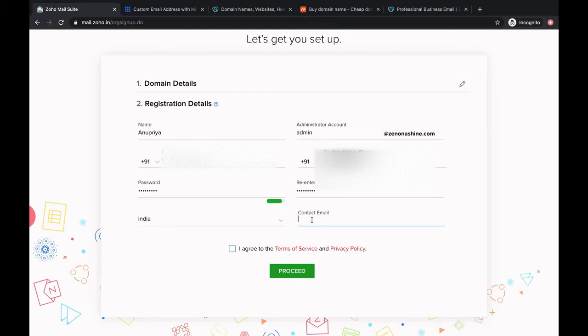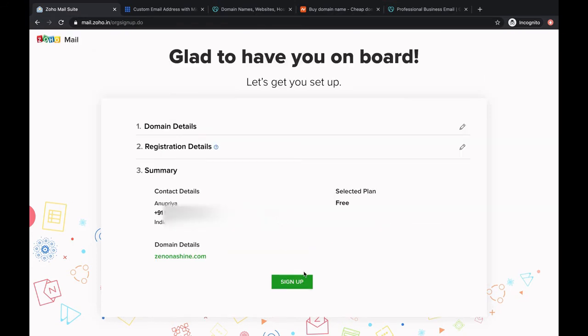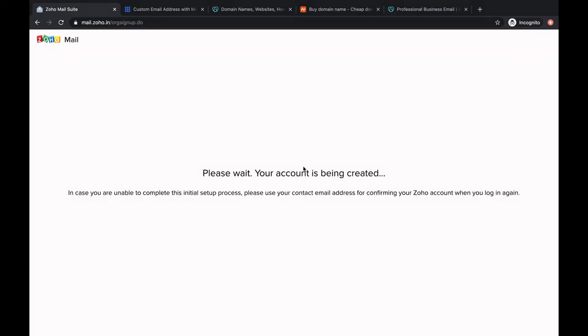So let me provide one email ID. Once you have done that, agree to the terms and conditions, go ahead and click on proceed. Then it will again ask you for a confirmation, and go ahead and click on the sign up button.